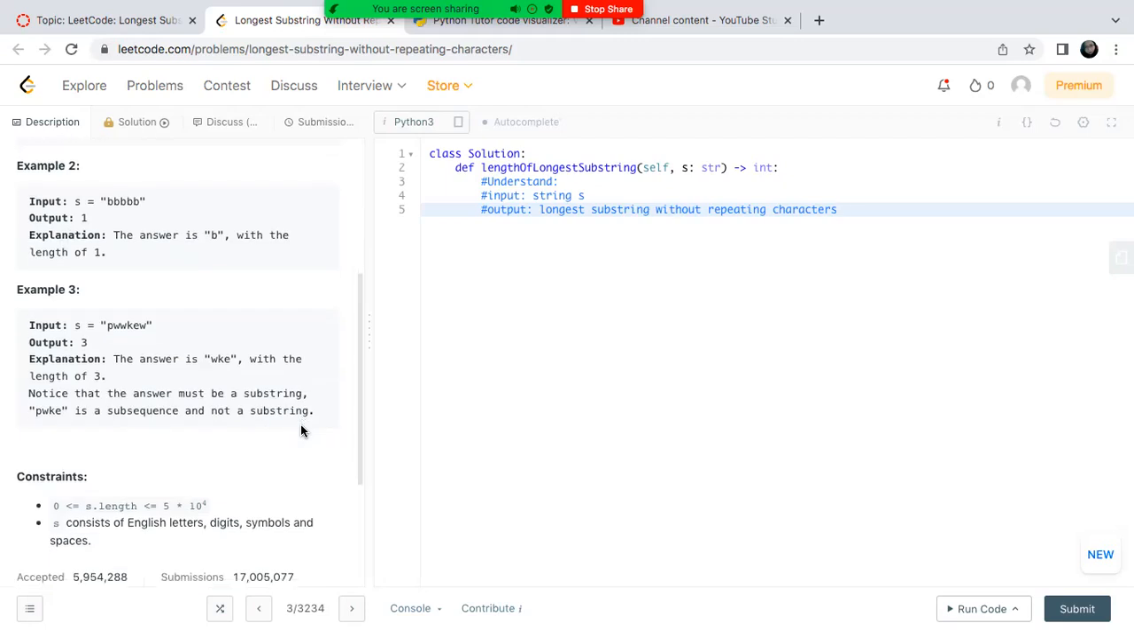And so in example 3, we have PWWKEW. So if we check for the longest substring here with no repeats, we have either KEW or WKE. So that's the length 3. So the substring is going to be of length 3, the longest substring without repeats. Okay, so now that we have an understanding of this problem and what examples go into it, now let's